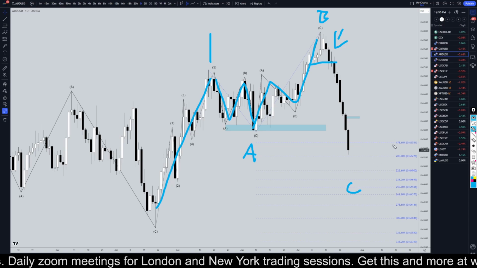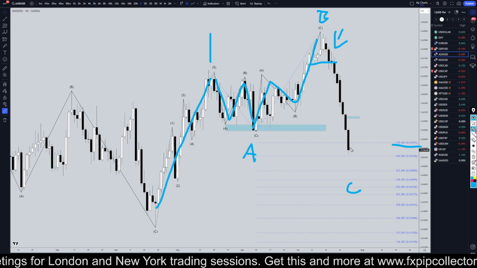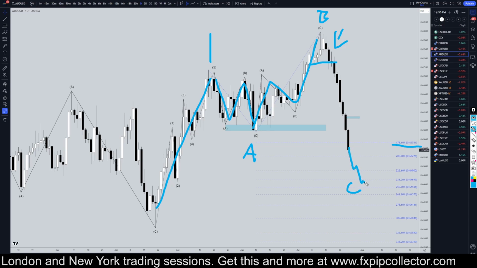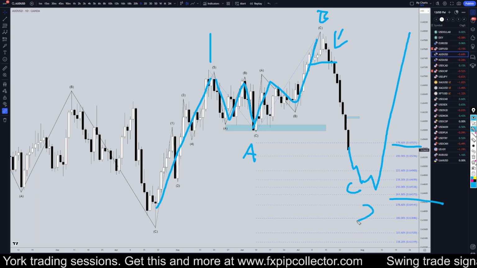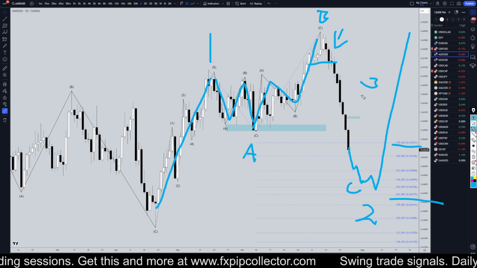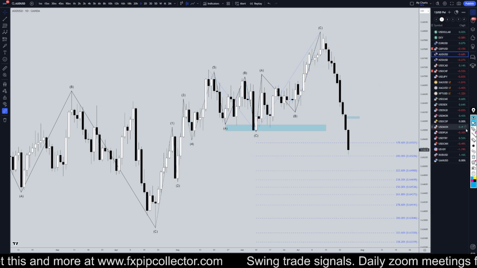The fact that it's closing below the 178% actually makes me think that it may go down quite a bit further. I wouldn't be surprised if, at this point, it made it all the way down to the 261.8, ending a wave 2 and continuing back up for a wave 3. We do have US dollar interest rate next week, so maybe that's what's going to cause this to finally go back up.